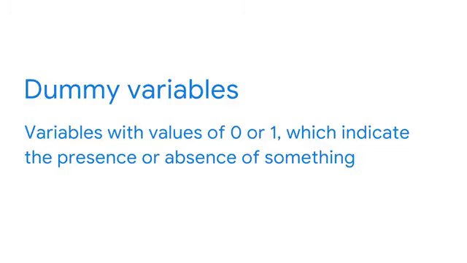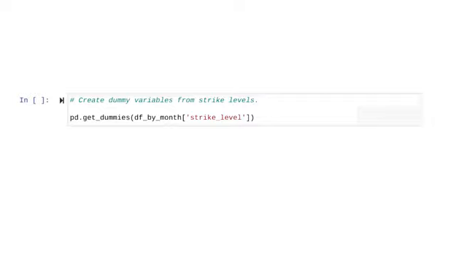Having both the categorical terms for different levels of lightning strikes and the numeric codes to go with them, we can create data visualizations or models that are straightforward to interpret. One other helpful way to work with categorical data is to create dummy variables to represent those categories. As you'll recall from a previous video, dummy variables are variables with values of 0 or 1, which indicate the presence or absence of something. The pandas function we'll use to achieve this in our Python notebooks is called get_dummies. To clarify, new columns of ones and zeros are also known as dummies.